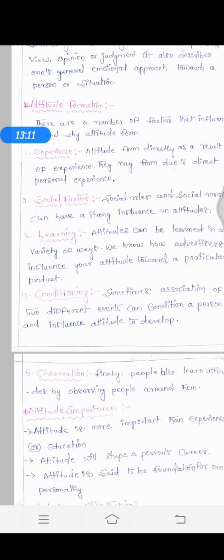So, a person's attitude determines the state of the world he or she lives in. So don't lose your character. Don't destroy your character. Don't spoil your character, because a person's attitude determines the state of the world he or she lives in. It drives virtually